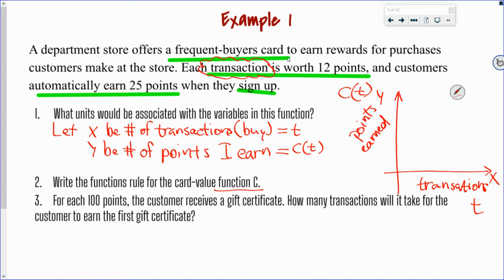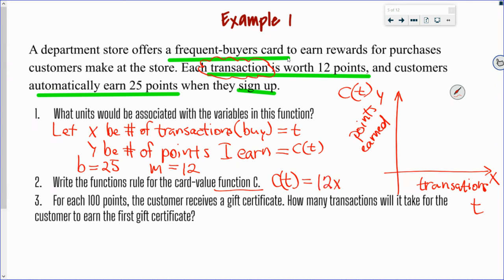I need to know before I can write a rule, though, what is my y-intercept, what is my slope. The slope is 12, yes. It's 12 points earned every time I buy something, right? What's my y-intercept? 25. Very good. Awesome. I may cry again. Y'all just make me so happy. So if I write it as a function, then I would say C of T is equal to 12x